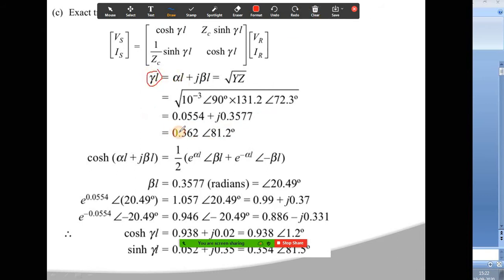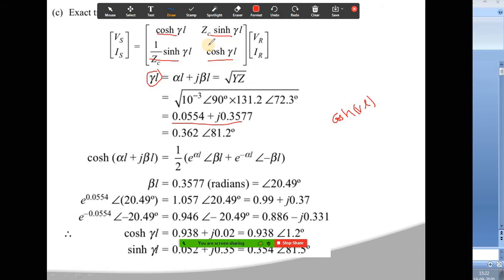So this gamma value is a complex number. Now if you want to calculate the cosh of gamma L, which is a complex number, you cannot get the value by using your calculators. So you have to use some methods for evaluating the ABCD parameters. All these A, B, C, D parameters have hyperbolic functions cosh and sinh. The cosh of that complex number cannot be determined directly, so for determining the hyperbolic function of a complex number, you have to use some methods.